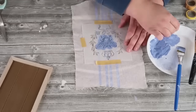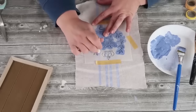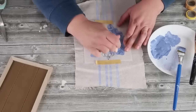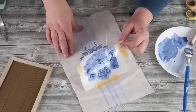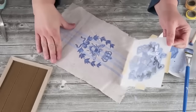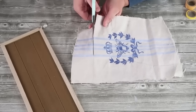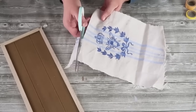So I'm now moving on to my stencil that's got this little bumblebee on it, a crown, and a wreath. I think this stencil is so beautiful, and it's so great for this time of year, going into spring, summer, and sometimes even a little bit into fall, depending on what your home decor style is. So I'm going to go ahead and just pull off the stencil, and now I'm going to cut it down